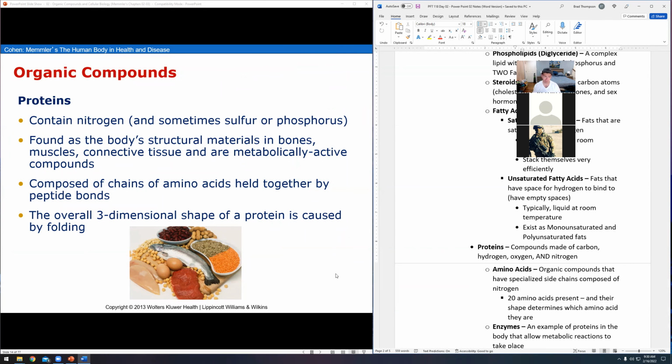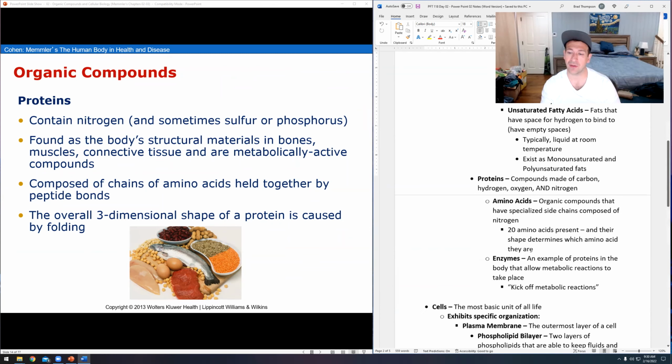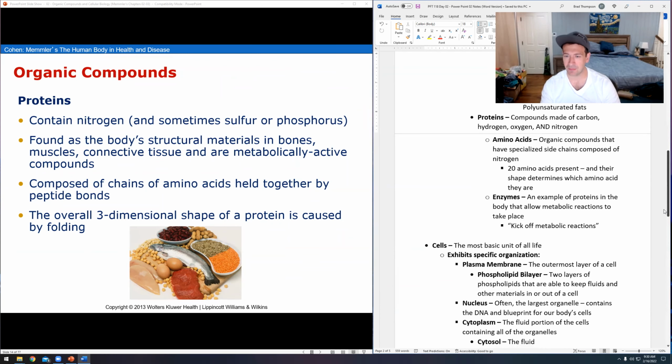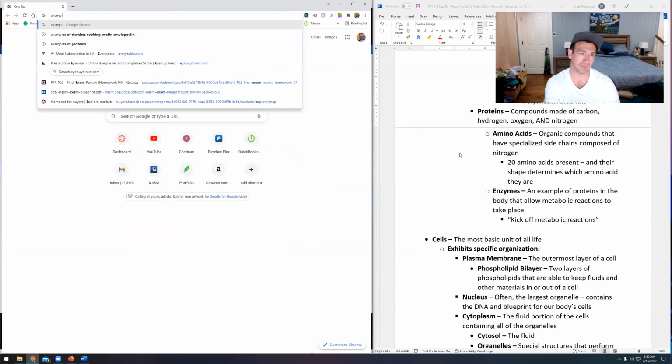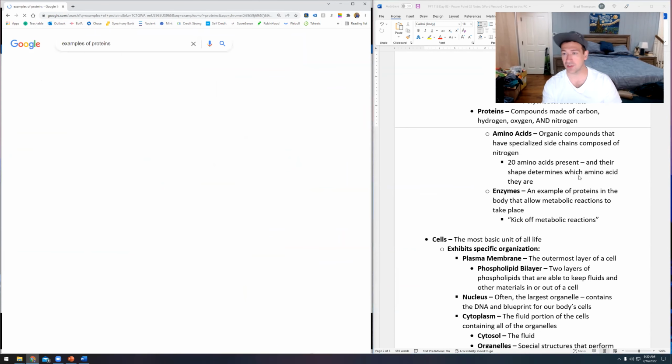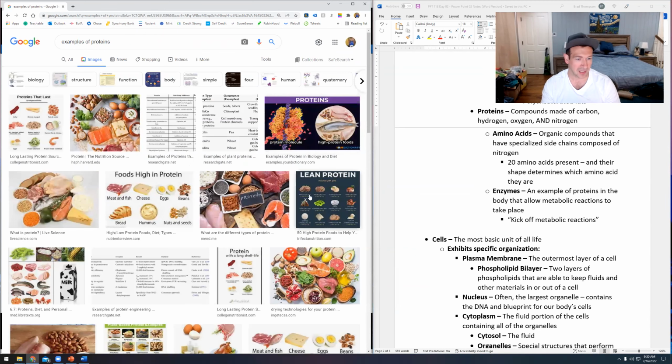All righty. So next one we've got are proteins. Proteins are everybody's favorite, right? We love talking about proteins, and proteins are honestly the coolest because they can form themselves in a bajillion different shapes. Proteins are so cool. Everything in your body is made up of tiny proteins.